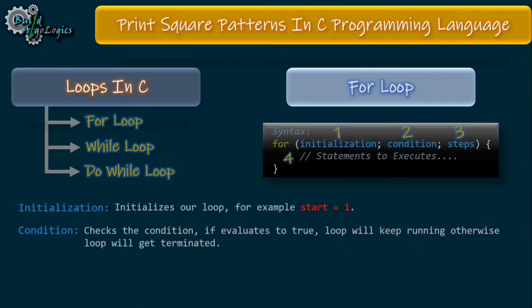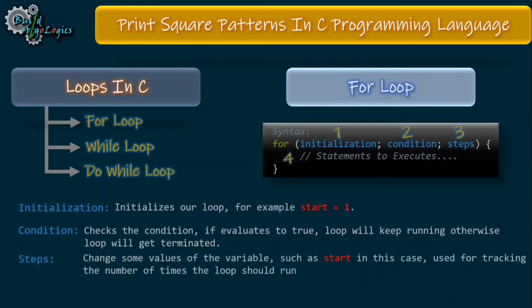The loop will keep running infinitely, and to terminate the loop in between, the third part comes into the picture. This third part is the steps. Here we change the value of the variable used in our condition by either incrementing or decrementing it, so that at a particular point the condition becomes false and the loop terminates. Alright, I know this theory is very abstract, but don't worry if you haven't understood any part of it. Now we'll see this in action by doing some practical work.